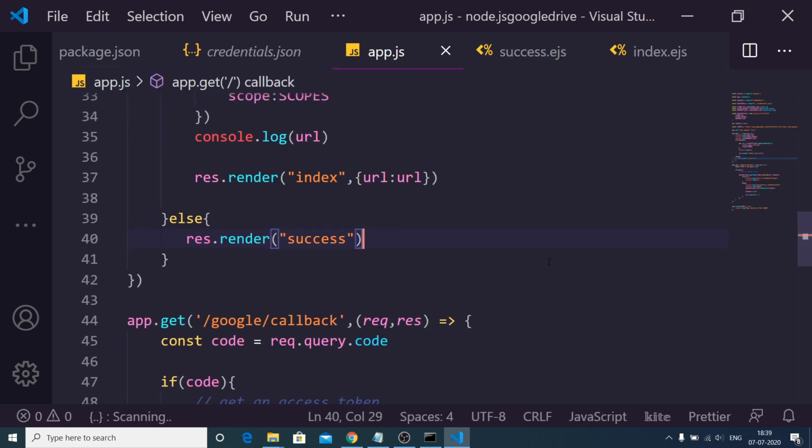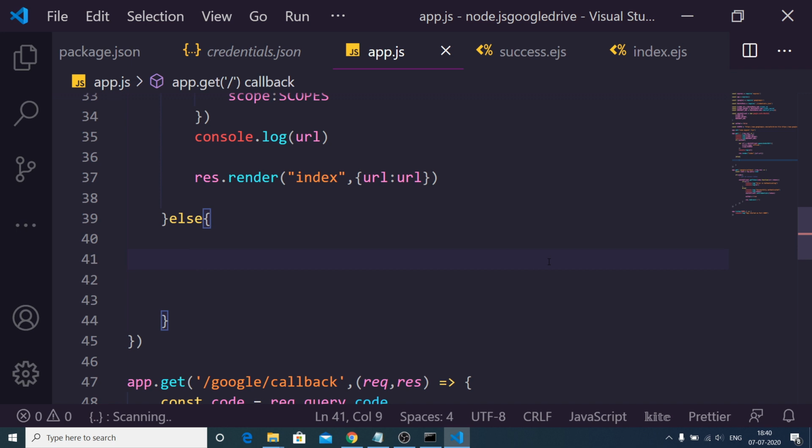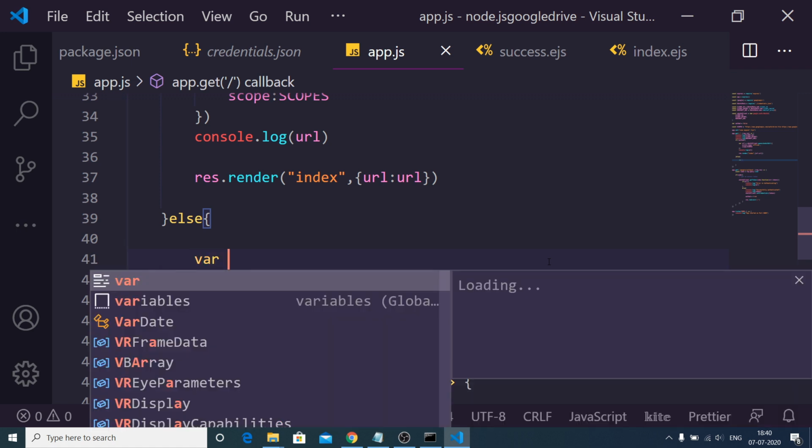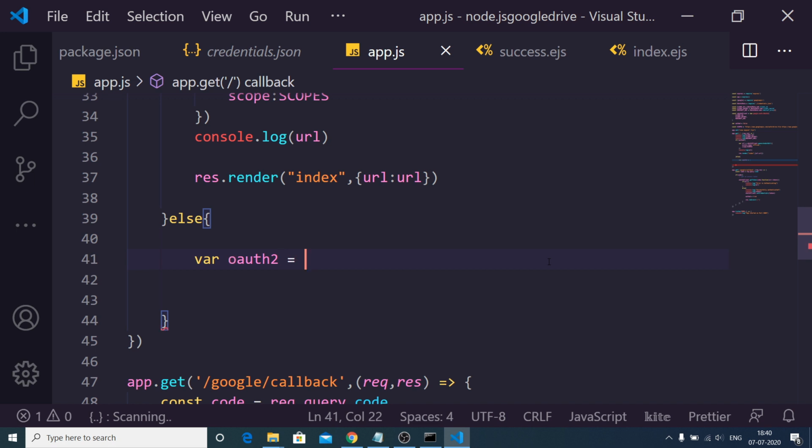We need to use a simple method which is there inside the library. So before rendering this, we can make a variable which is oauth2, and inside this variable we can use google.oauth2.